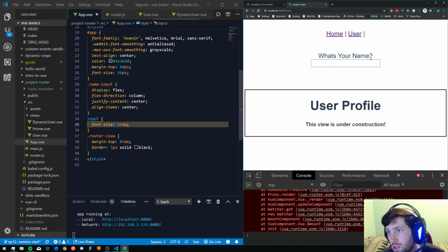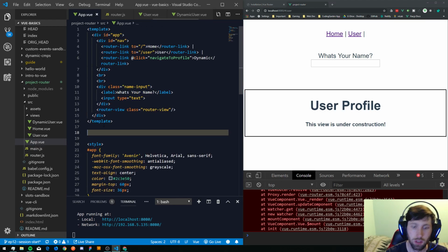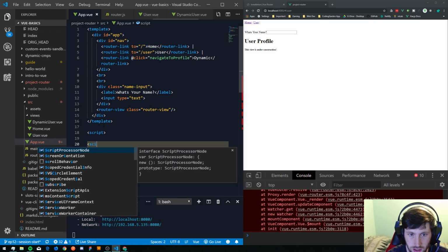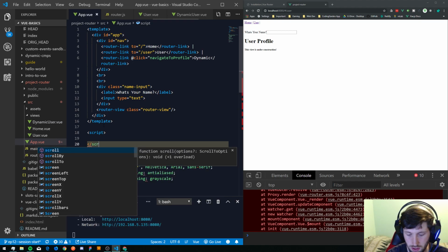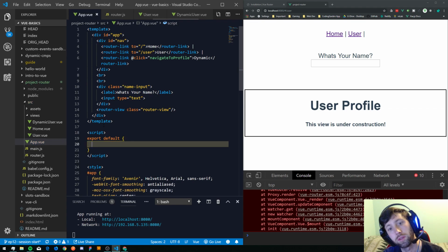Alright, cool. That works. Okay, basically what I want to do with this is we're going to v-model to, oh, there's no script in here, that's crazy. Alright, script. Bring in our script tag because we want to instantiate our Vue instance on this component. Okay, so we'll export default. Inside of here we're going to say